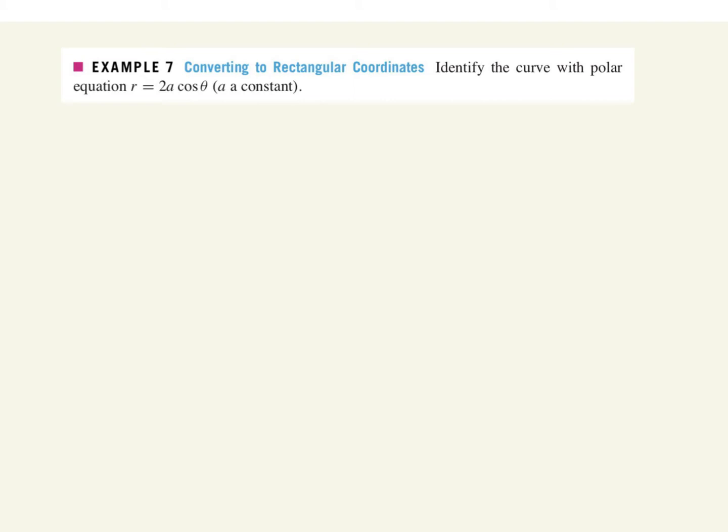Okay. So these types of problems remind me of when we were working back in pre-calc, when you have to deal with all your identities, and you kind of have to see it, like, what do I want to force to happen so that I can manipulate things? And in this case, if I have r equaling 2a cos theta, it can be helpful to create an r squared relationship. So if I multiply this whole thing,